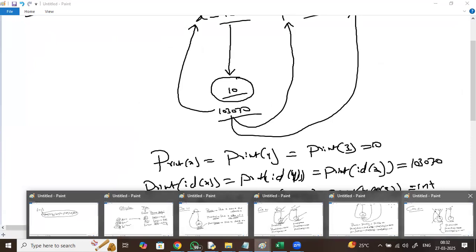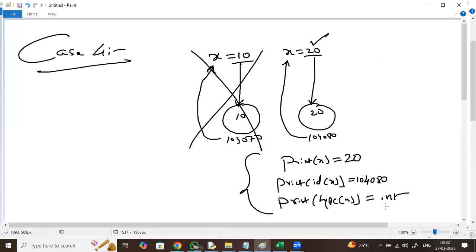Case 4, X value is 10 and X value is 20. Always it takes the latest value. And its address, right? Yes, this is case 4. Now coming back to this